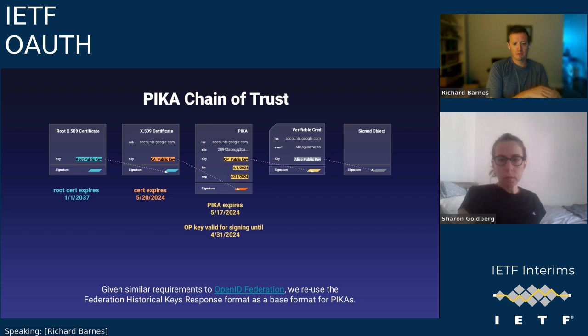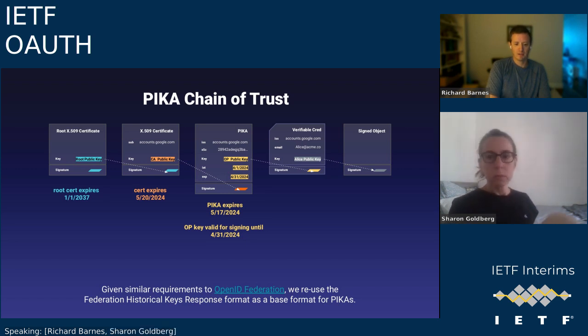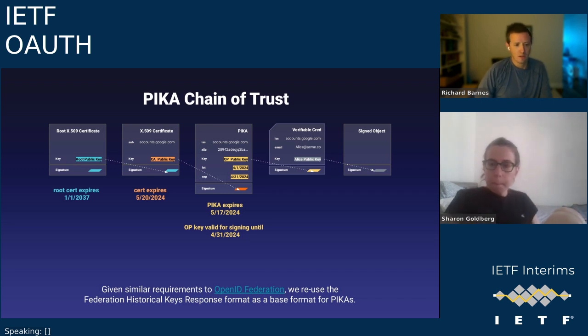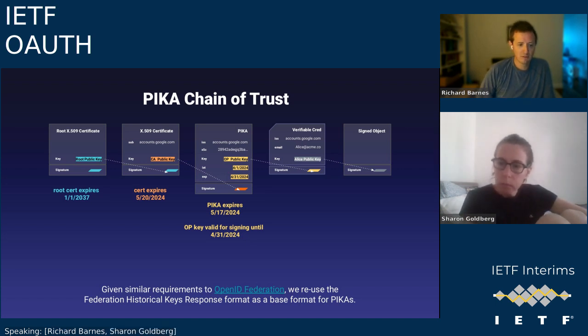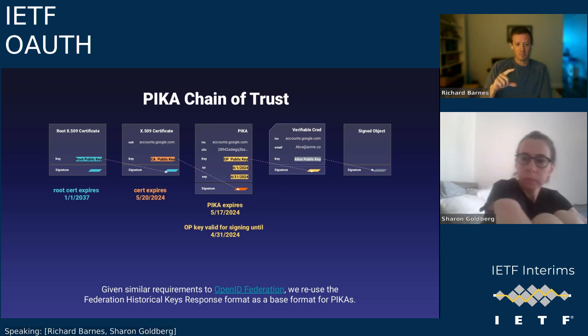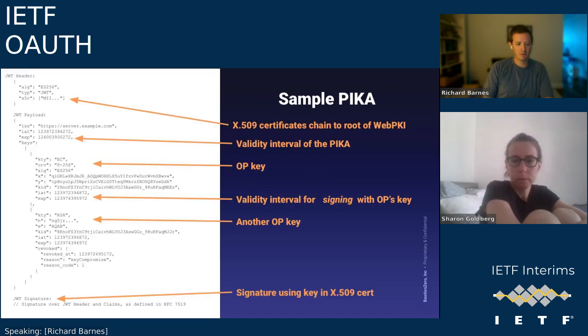I think at the level of the specification here, we'll be agnostic as to the PKI, but I think in practice, the way you design it is to reuse the web PKI that people know and trust for these things already. So what a PICA looks like is basically, you take the JWK set you're used to distributing through that HTTP endpoint. You make that the payload of a JOT, and you put the certificate chain in the header of the JOT. So at that level, I think it's hopefully kind of unsurprising to folks.